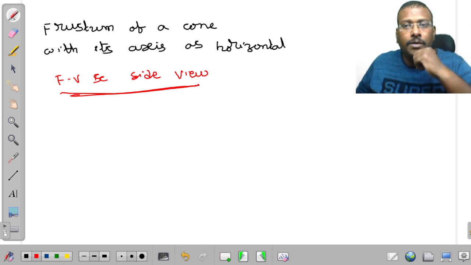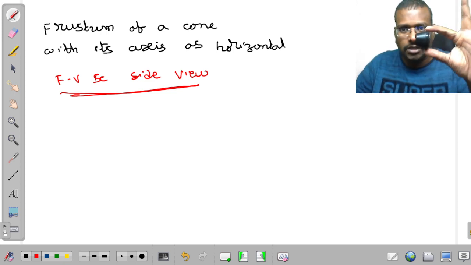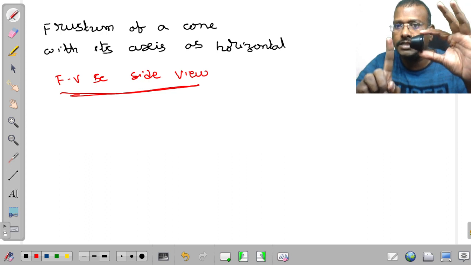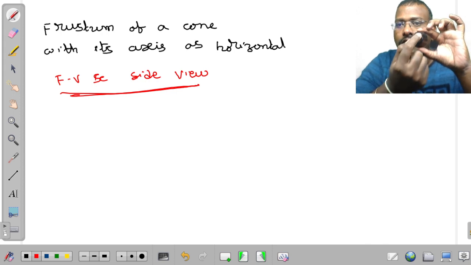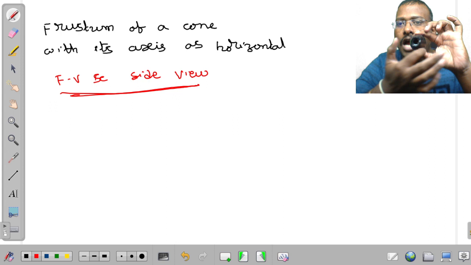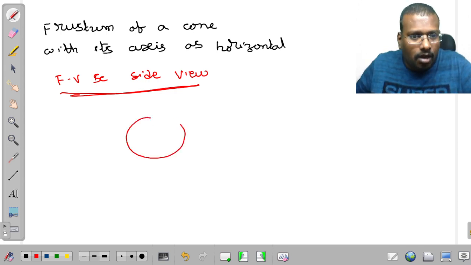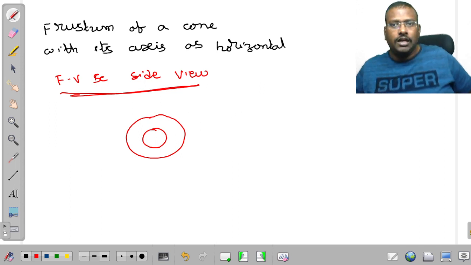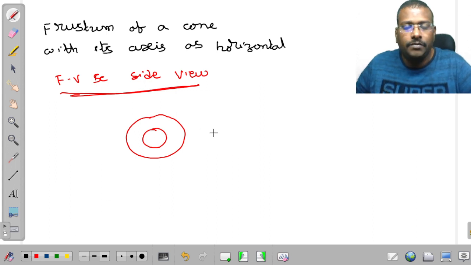Here also you have to remember one more thing, my dear friends. This is the frustum of the cone. If an observer is here, for your clarity I am rotating like this. So if an observer is here, the smaller circle will be visible, the larger circle will be visible. So once the smaller circle and larger circle both are dark, the larger circle is always dark. If the smaller circle is also continuous, then